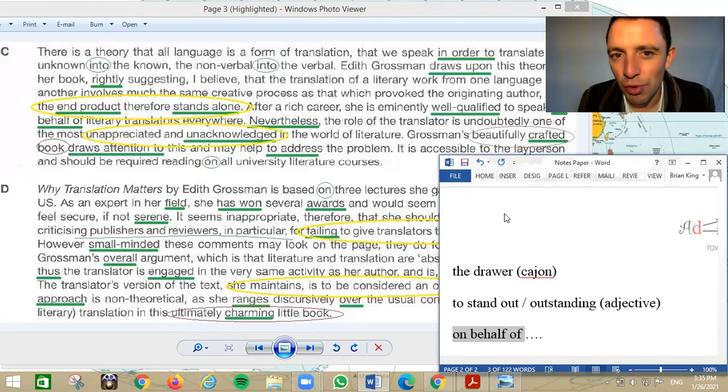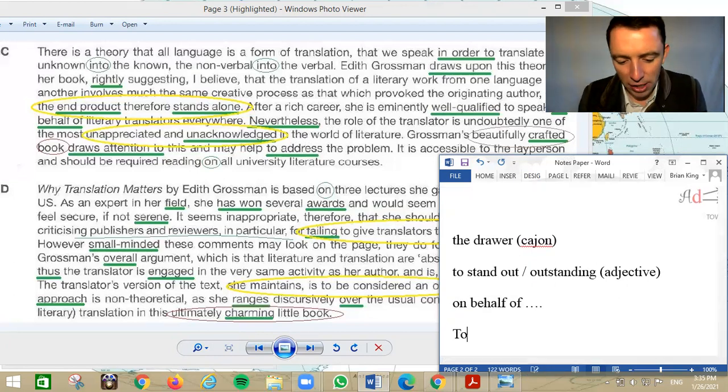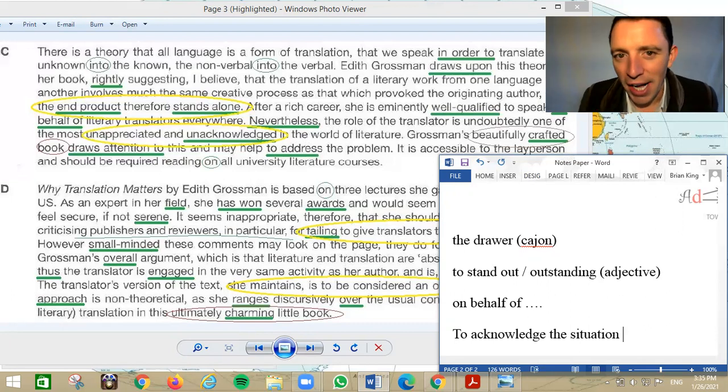To acknowledge is to recognize. So the verb is to acknowledge the situation, like to recognize the situation, to acknowledge your friend, to say hello to your friend, to acknowledge the problem, accept the problem, recognize the problem. And here it's a negative, unacknowledged is the adjective. Okay,